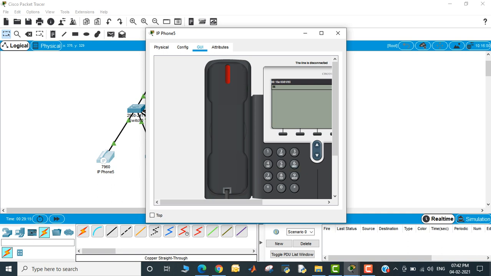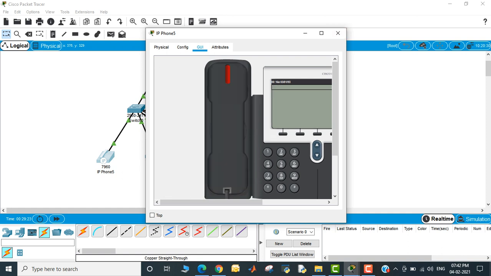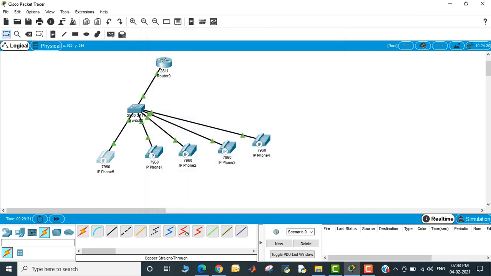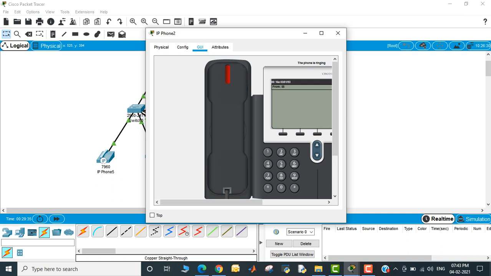Let's cut this call. Okay, 57. You can see here, it's calling 57, and if I look at 57, it's ringing and the call comes from 55.